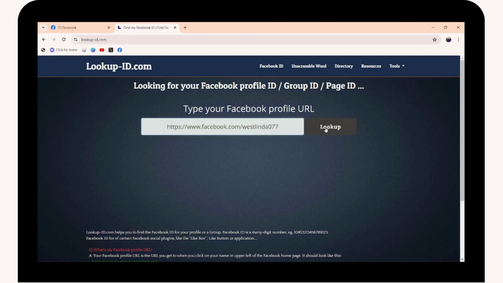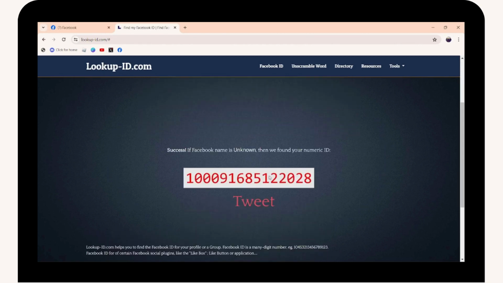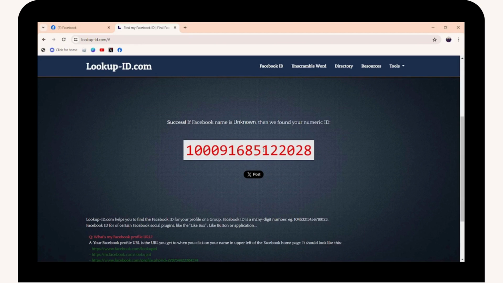So paste that and then click on lookup, which is here on the right side. And now if you scroll down here, you will have this kind of interface where it says success. If Facebook name is unknown, then we have found your numeric ID. So that's how you can find your Facebook